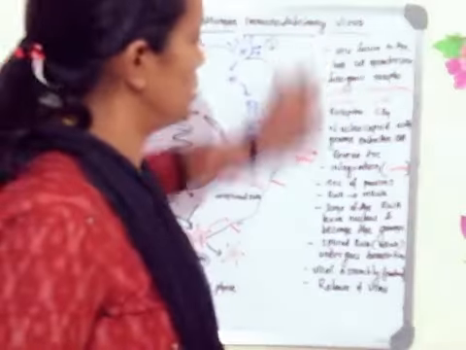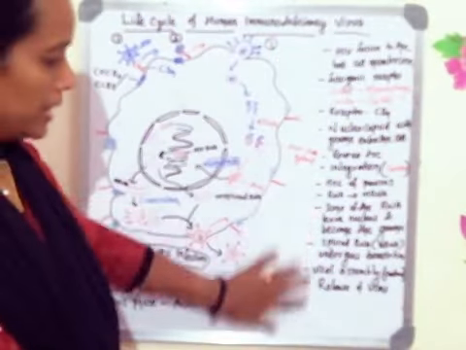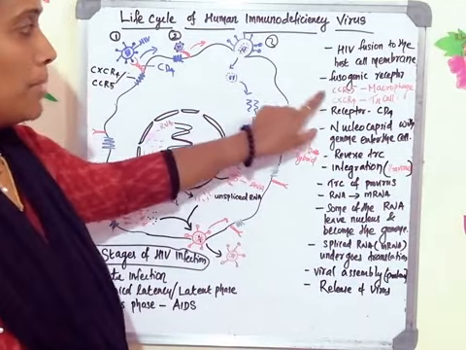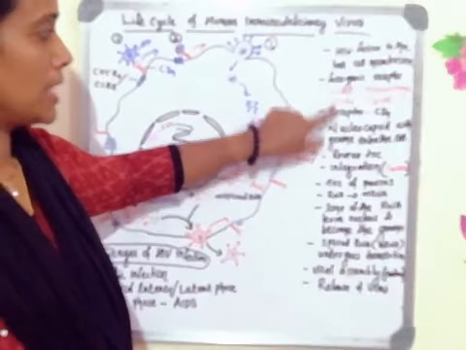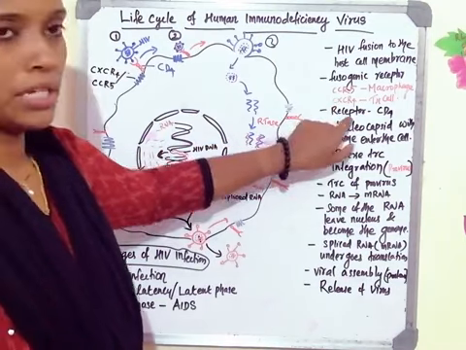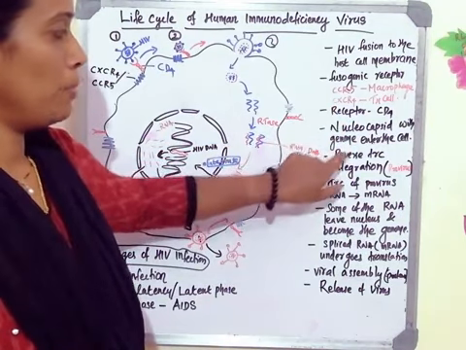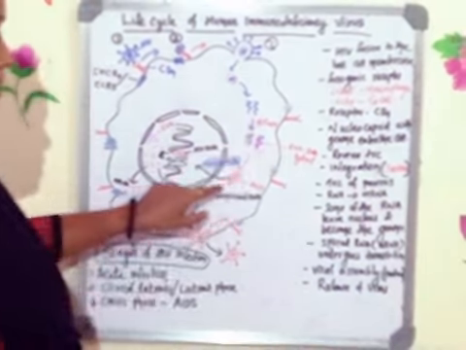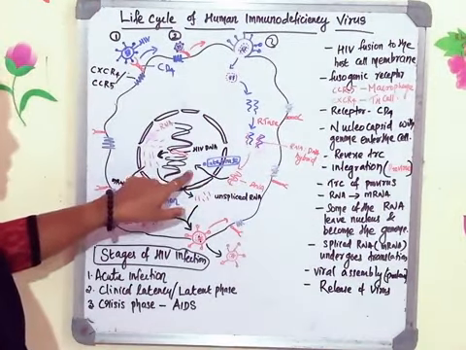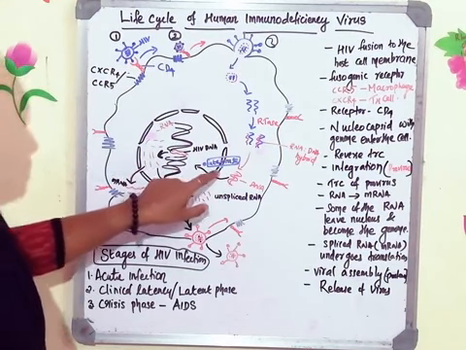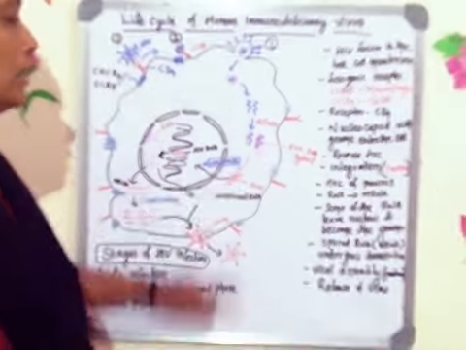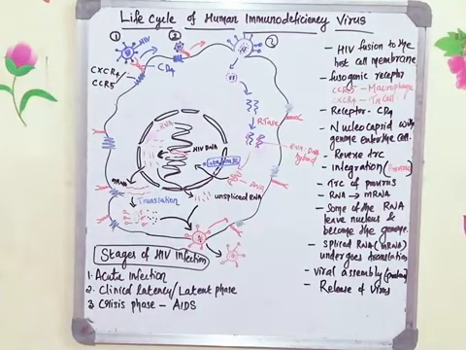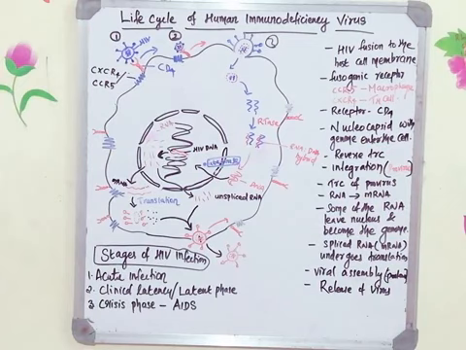Okay, so the stages involved in the replication are, I have written here: HIV fusion to the host cell membrane, where fusogenic receptors are involved, CCR5 and CXCR4. The main receptor is CD4. The nuclear capsid with the genome enters the cell, and reverse transcription happens. After the reverse transcription, double-stranded DNA enters into the nucleus and integrates with the host genome with the help of integrase, and then it can be there in that proviral stage for a longer time, and whenever it gets the proper condition, it enters into the gene expression process.